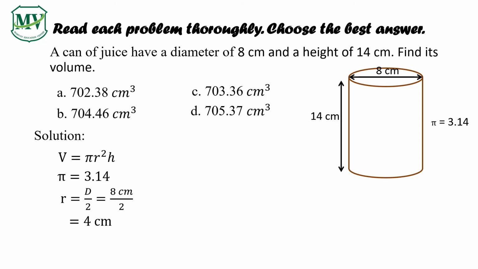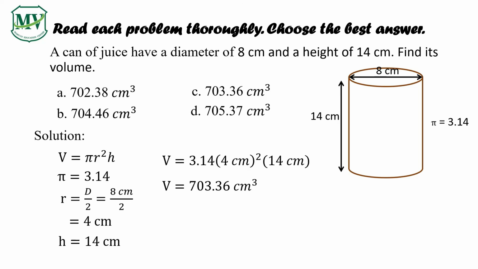So r is equal to 4 centimeter and h is equal to 14 centimeter. So let's solve for the volume. So V is equal to 3.14 times the quantity of 4 centimeter raised to 2 times 14 centimeter,